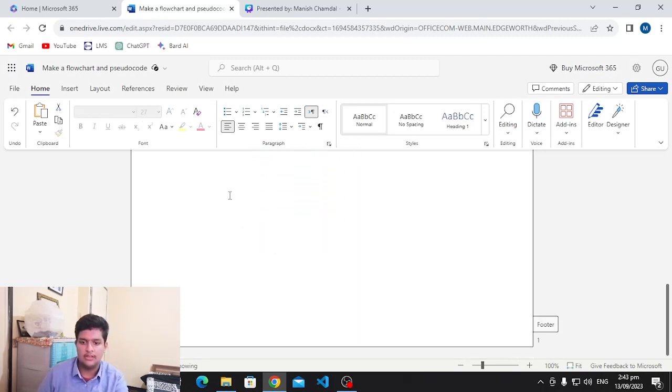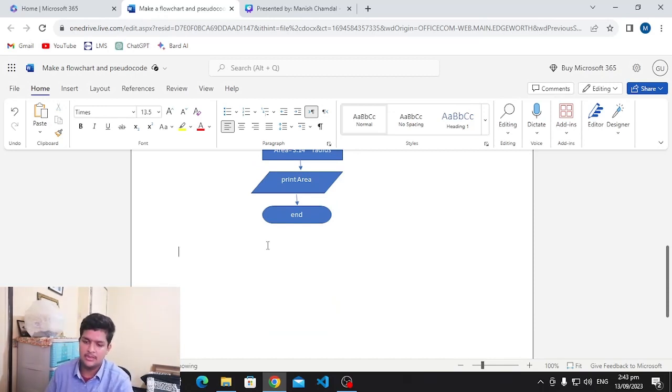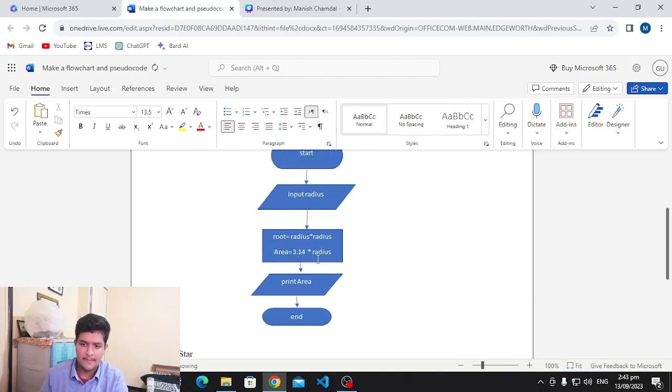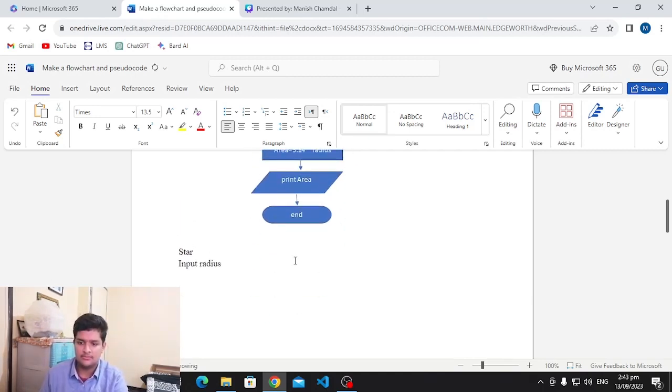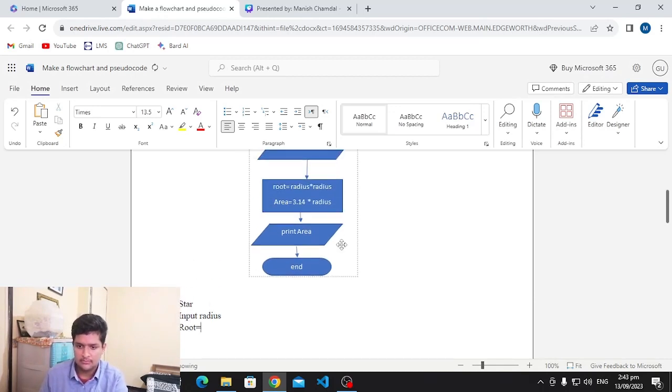So now let's make the pseudocode. So pseudocode is basically just in words. We will be typing start. After start, we will input radius. So root is equal to radius multiplied by radius,